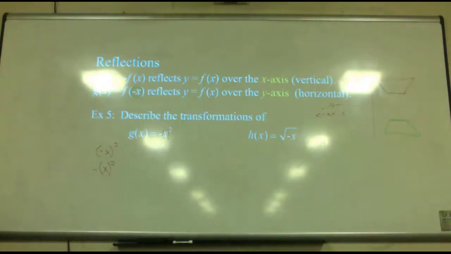So now when we ask that same question, which direction is it getting reflected? Vertical. Yeah, up and down. It's reflecting over the x-axis. Well, you're going to have to explain that again. Okay, so